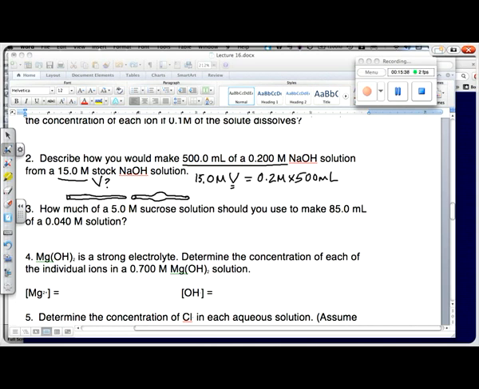My answer is going to be in milliliters, and I get 6.67 milliliters. Since this volume was in milliliters, then this volume will also be in milliliters: 6.67 milliliters. So what you would do is take a volumetric flask, and this is the most correct way,